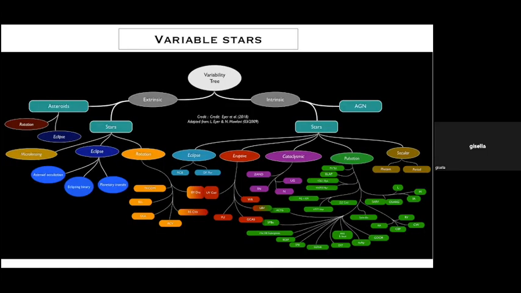Now, with this data, we can have a look at all kinds of variable stars. This is a famous plot done by Laurent Eyer, the leader of CU7. And you have all the types of variable stars that you can monitor with Gaia, basically. I will come back to this slide later, showing you what we already have in DR3.